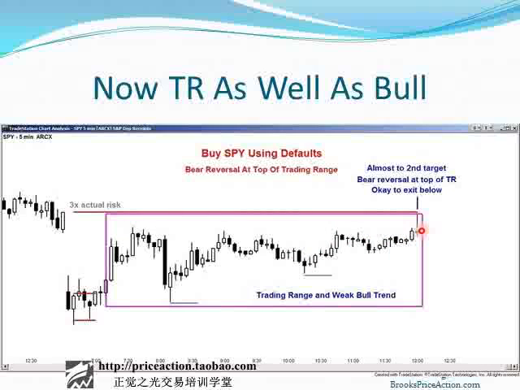Personally, I don't like to reverse except under exceptional circumstances. So most of the time, if I'm long, let's say I bought here, or here, or here, or even here, I would exit my longs below here because this is a reversal down at the top of a trading range. We have pretty good selling pressure throughout the trading range, and we have a bear signal bar. A small body, so it's not a particularly strong signal bar, but it is enough for me to exit a long. If I were flat, I would consider going short, but I don't like to reverse